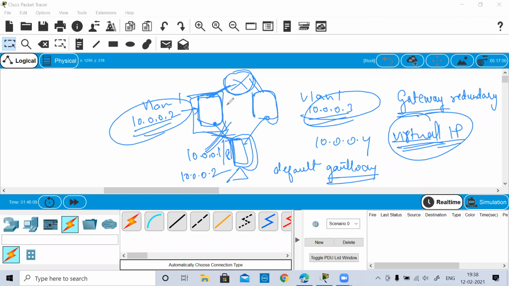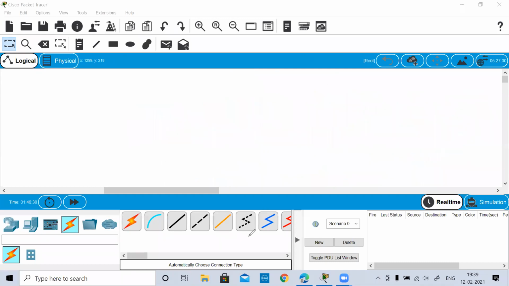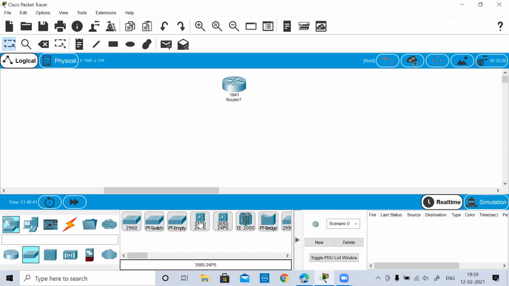Once you configure it on the multi-layer switches, what will happen if this interface goes down? Since the virtual gateway was configured on both of the switches, you could still communicate with the router, or you can still go to the other subnets. So we'll understand this with the help of the configuration itself, so things will get much clearer. We'll take up the same topology I have just discussed. Let me take a router and a multi-layer switch.